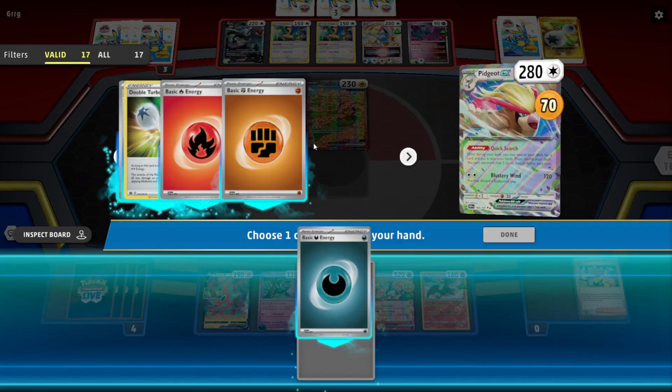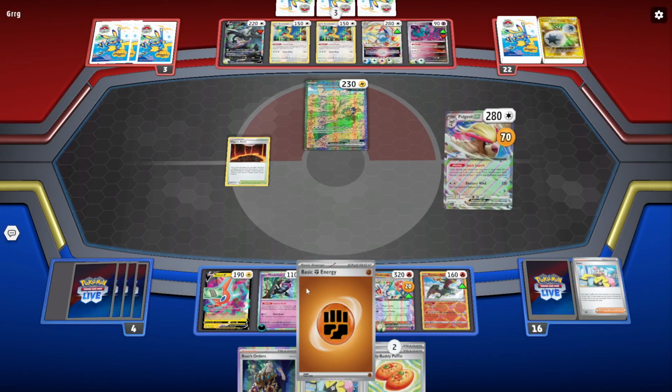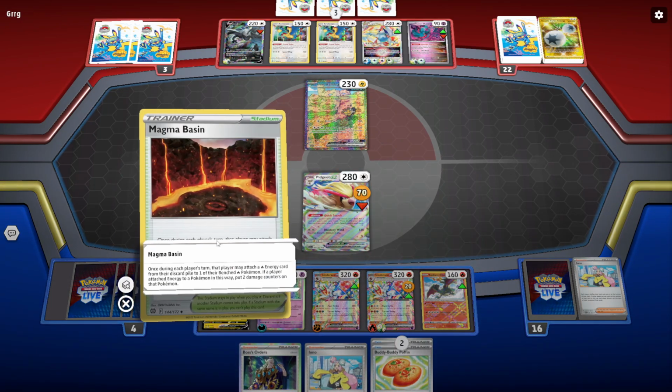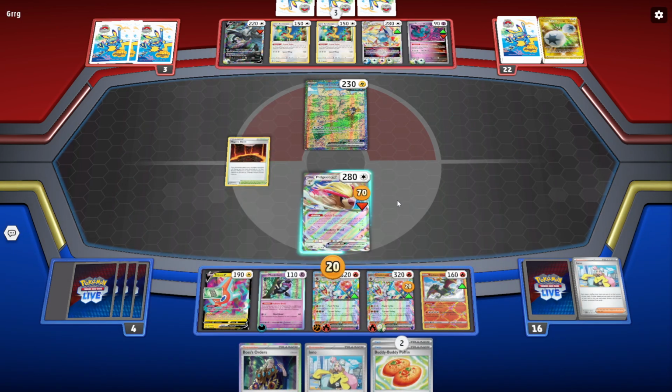So I'll grab the Fighting Energy, Encase Me in the Darkness on Munkidori EX, I guess. I don't know. I'll take the fighting. I'll also accelerate one here with Magma Basin, and we have Fire Energy in deck for Radiant Charizard if we need that. But yeah, I'll go ahead, retreat, and I think we'll